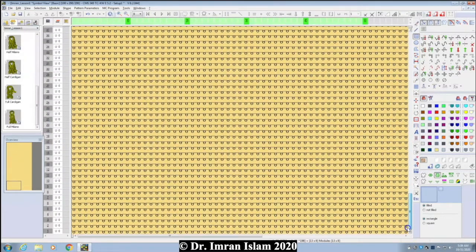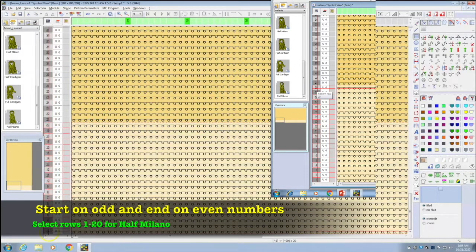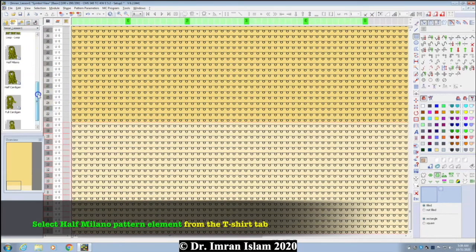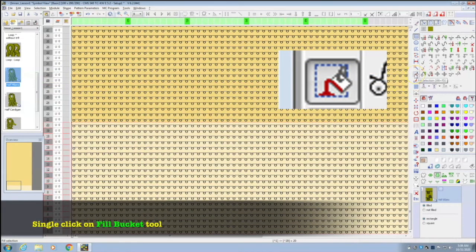I'm gonna go to the very beginning. From this selection column, I select rows 1 to 20 by dragging my mouse, and always start on odd and end on even number. Now from this T-shirt tab, I'm going to select my half Milano pattern element, then activate my fill bucket tool,